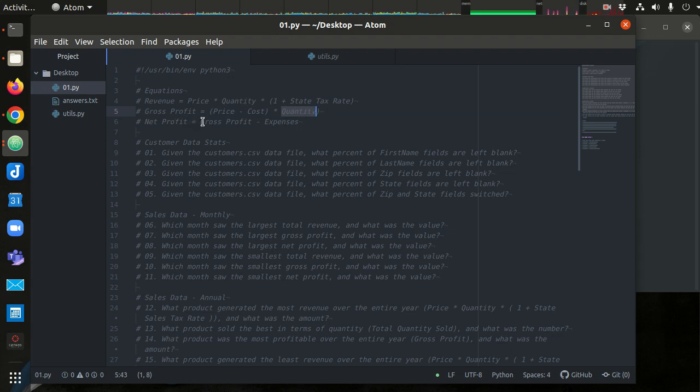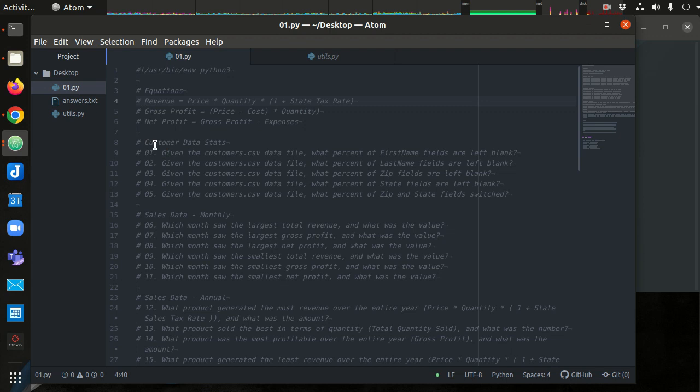And then net profit is the gross profit minus any expenses you have. Expenses would be like monthly expenses, like your rent, your bills, utilities, all sorts of things like that. Anything that goes into labor, any kind of expenses on top of what it takes to actually purchase the items themselves, right? The costs. All right, so these three items are going to be brought up several times in this data,